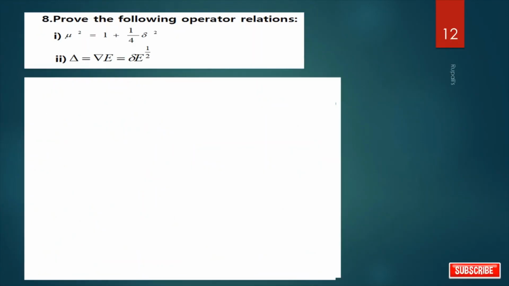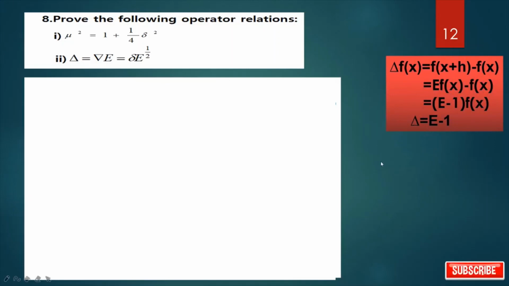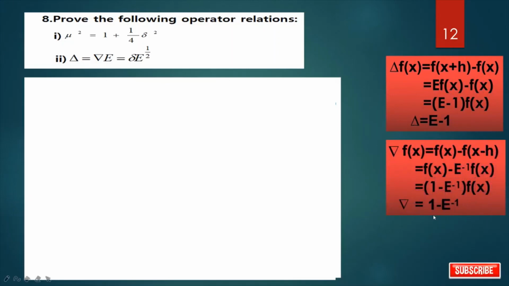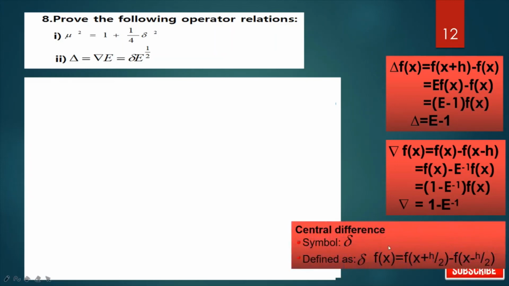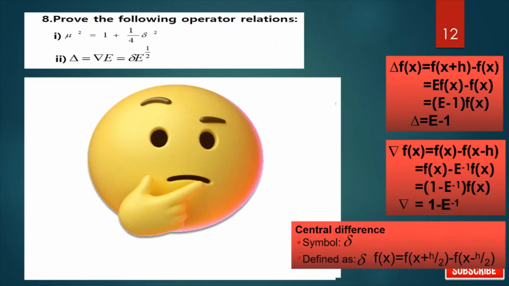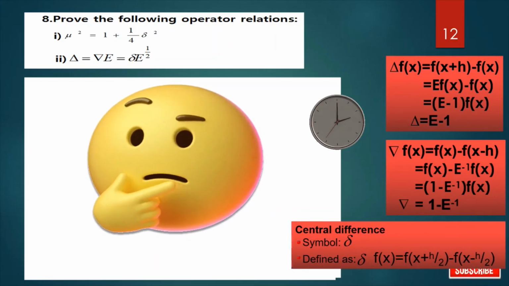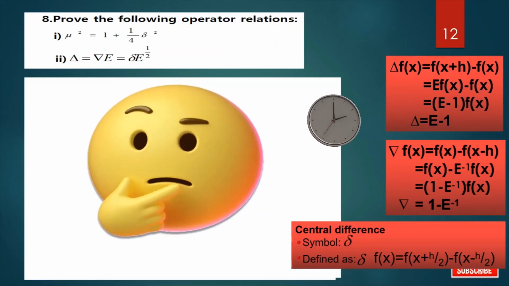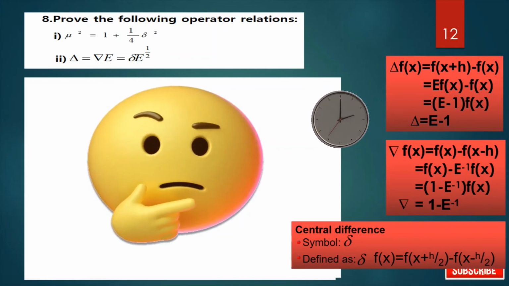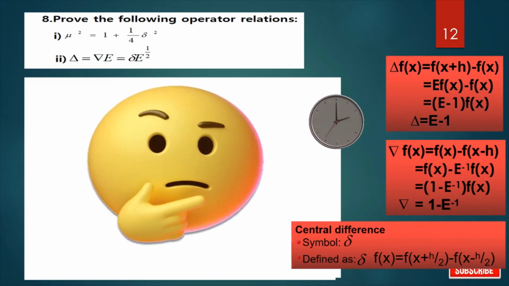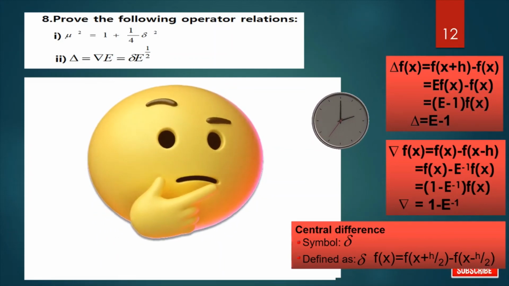Now we will prove the second one. I am giving hints. Delta equals e minus 1, nabla equals 1 minus e to the power minus 1, and this is the central difference operator. Now think. I am giving 10 seconds to think. So the solution is,